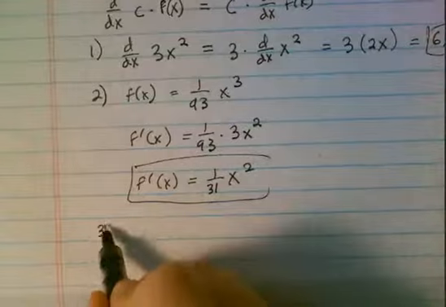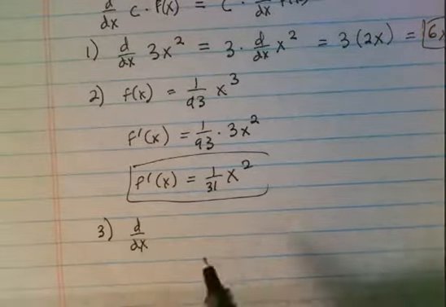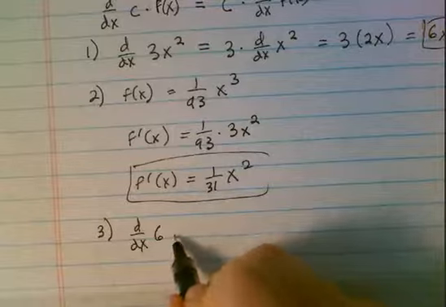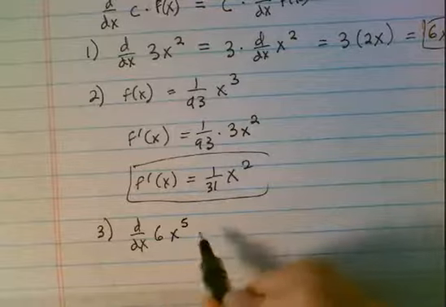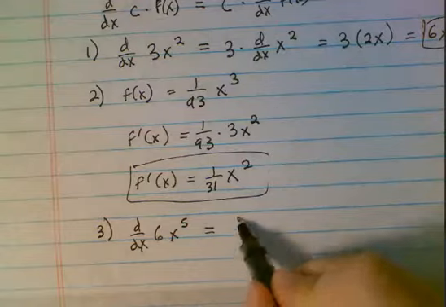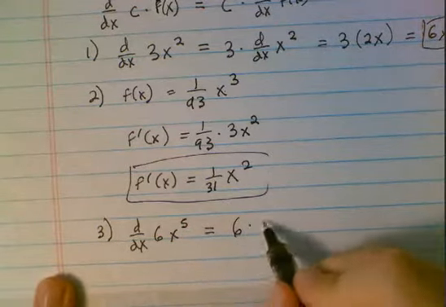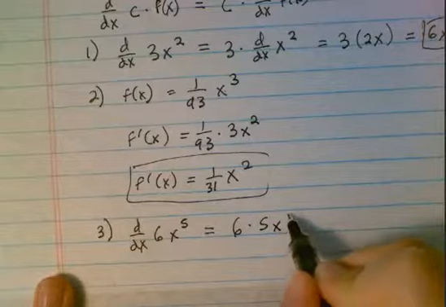Try this one on your own. Take the derivative, 6 x to the fifth. Okay, that 6 is just along for the ride. We bring down the 5, subtract 1 from the exponent,